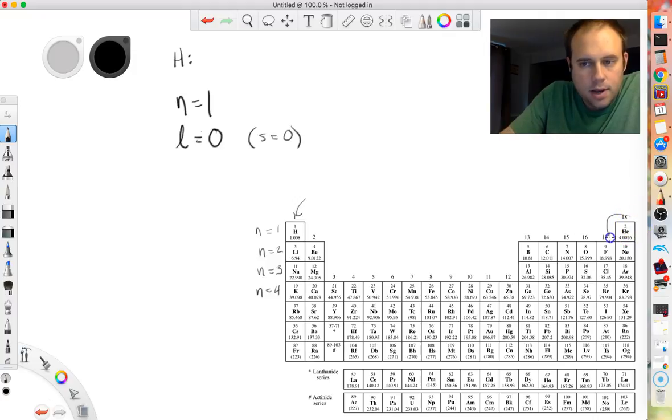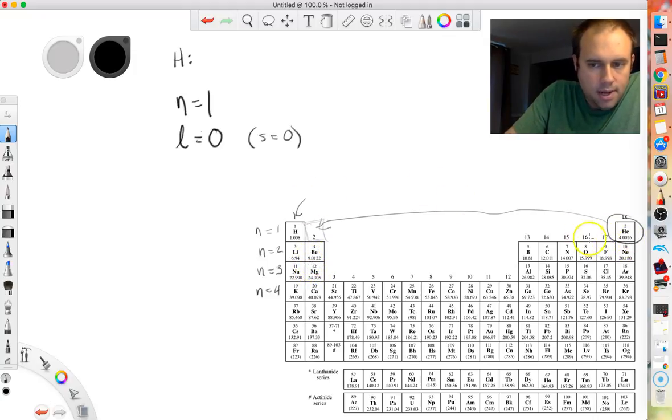I also want to just note here, helium is an exception to this. Helium is not found in a p orbital. This also belongs with hydrogen for an s. The weird thing about the n equals 1 is it only needs 2 valence electrons to be complete. So they do consider helium to be a noble gas because it has a complete outer shell. It wouldn't really make as much sense putting it right here, because then it's trying to attempt to equate it to one of the alkaline earth metals that we have here, and that's not how it behaves. So it's put over here in the realm where I would normally see P, but just keep that in mind